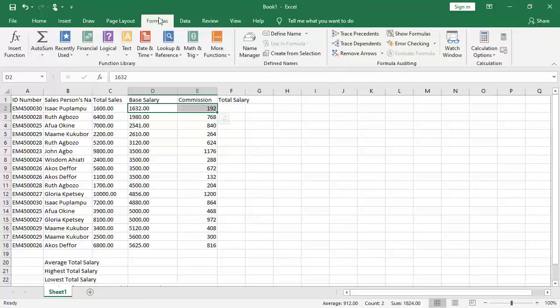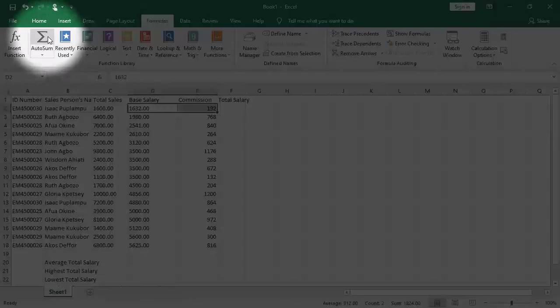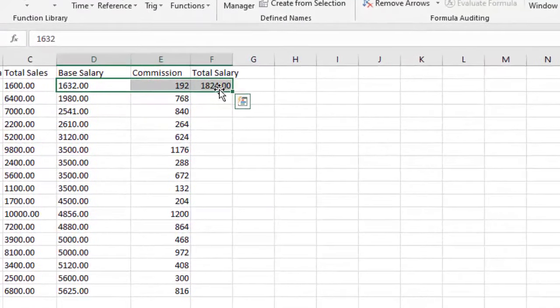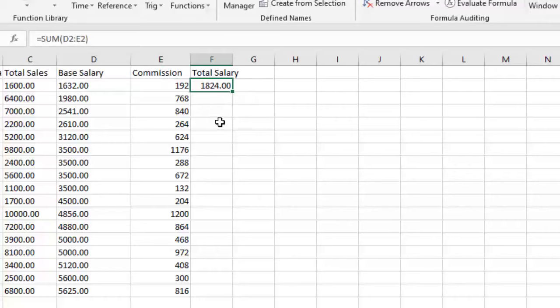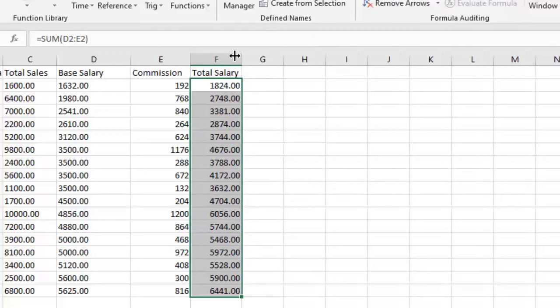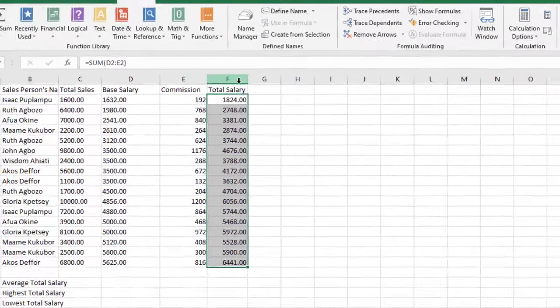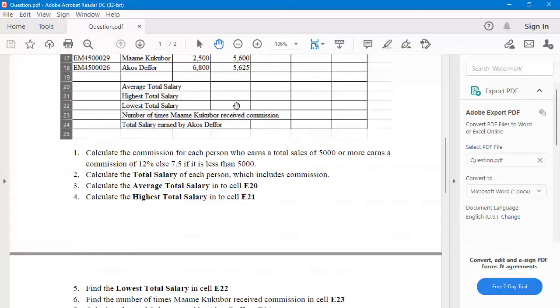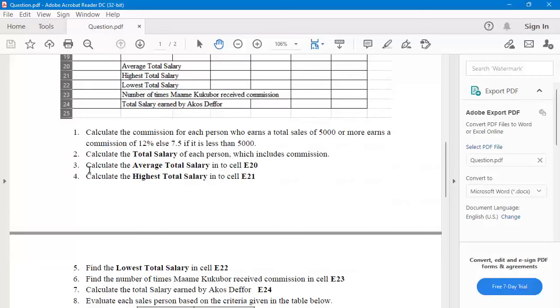Then right here, go to the formulas tab and then choose this auto sum. Click on it, and that is going to calculate it right next to the cell at the right side. Alright, then when you are done, use the autofill handle, then drag it down to calculate for the rest. That is how to calculate the total salary. Move the mouse pointer above and double click in between the F and then the G to automatically fit the content of the cell. The next thing to do right here is to calculate the average total salary